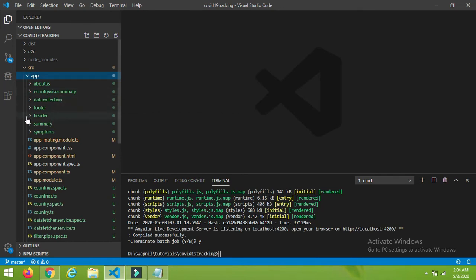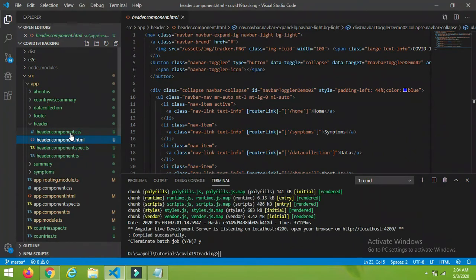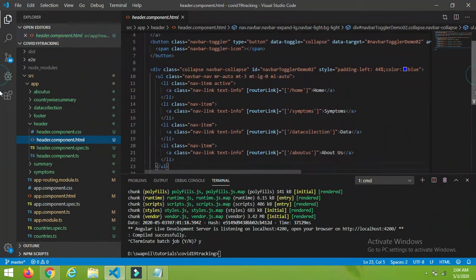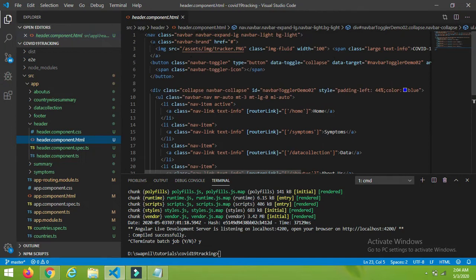So let me show you. I have already created this code, I will explain it to you. This is the code from Bootstrap only. In Bootstrap we create the navigation bar using the nav tag. So this is the main nav tag. After that I have created one image tag because it's nothing but our logo, right?